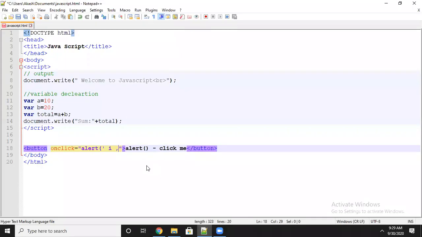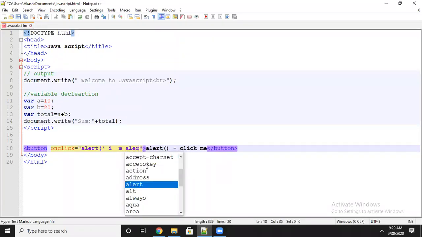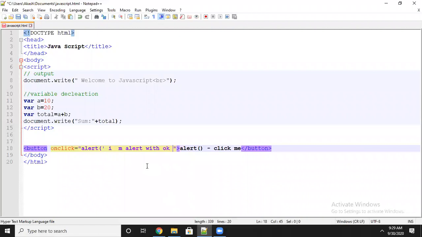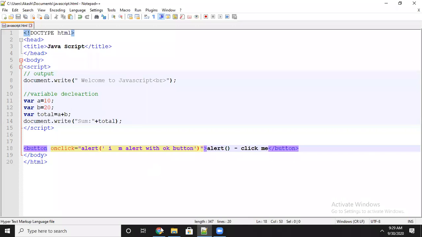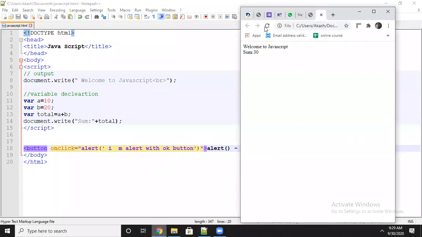I am just showing the sample here. Let's see, I will click on the button. You can see if I click on alert, it shows whatever message you defined under this, along with the OK button. OK means it is just a message, and it will disappear after appearing.